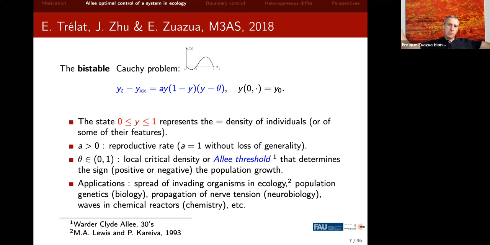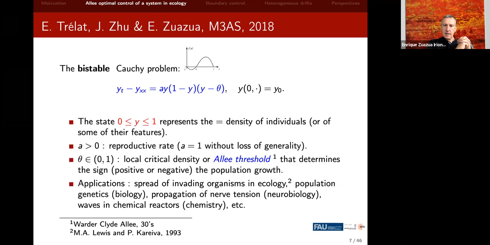In which you separate the population, which is between 0 and 1. You could think that y equals 0 is one type of population and y equals 1 is another population. It could be in this bilingual game. It could be people that behave better in one language and people that rather prefer the other one. Or it could be the monolinguals in a bilingual environment. You can think of different kinds of population traits. This is a very classical model that has been very much employed in different applications in mathematical biology and in